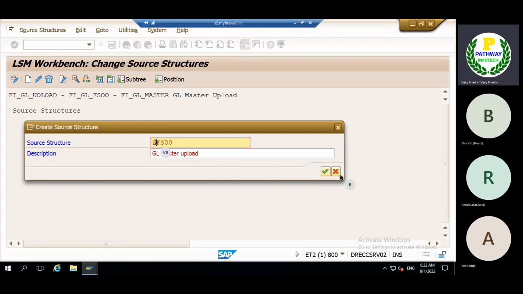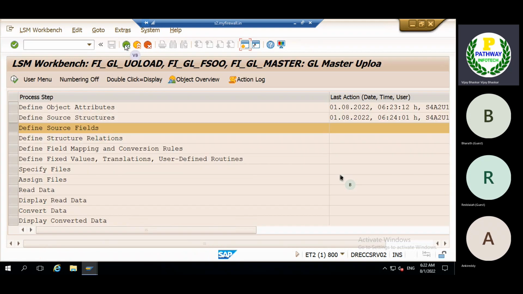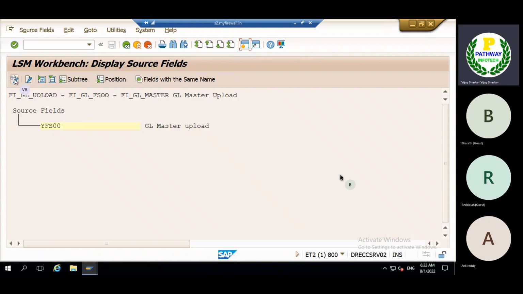Because we have already given the names, I will give changes. This is also not standard, because Z we have already given in the beginning, so that is the reason the system was not accepting. Now instead of Z I have given Y. Whatever name you want, you can keep it. Now the system moved to step 3 automatically. Now execute it.